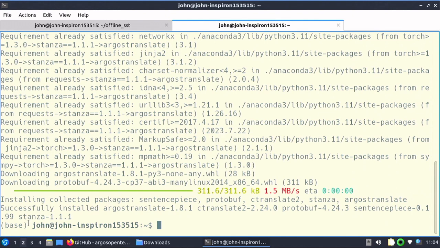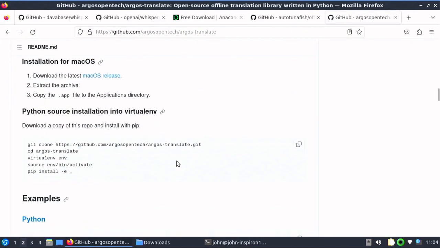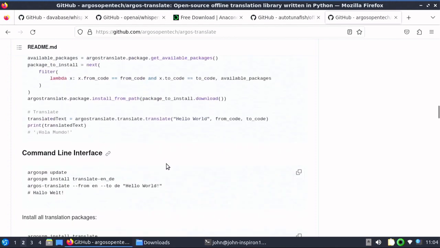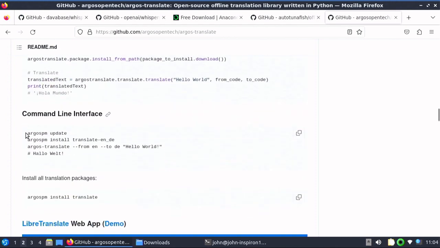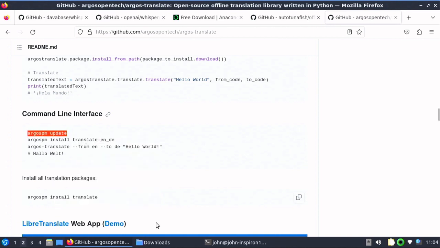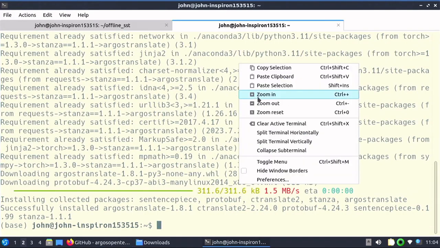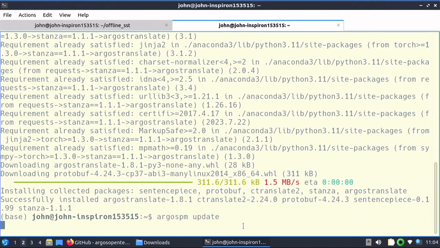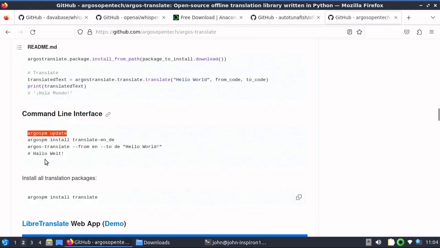Okay, now let's check to make sure argostranslate runs. First we'll run the update command right here, argospm update. Okay. And then we'll go ahead and install,